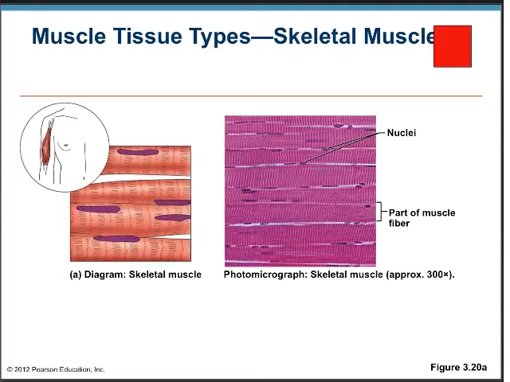The voluntary means that we tell it what to do. We dictate when it contracts and when it relaxes. And the striations refer to these alternating light and dark bands that are seen throughout the tissue section. The reason for these alternating light and dark bands is due to the fact that the actin and myosin overlap in a contractile structure known as a sarcomere. And it's when these fibers overlap each other that you get these dark regions when you look at this tissue under a microscope. We'll talk more about actin and myosin when we get to the chapter on how muscle